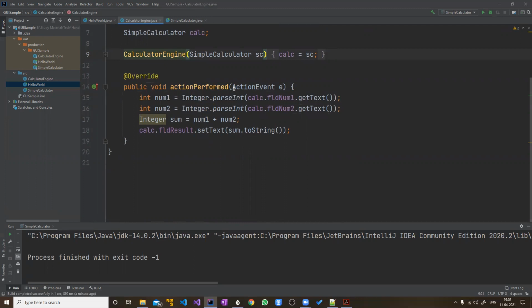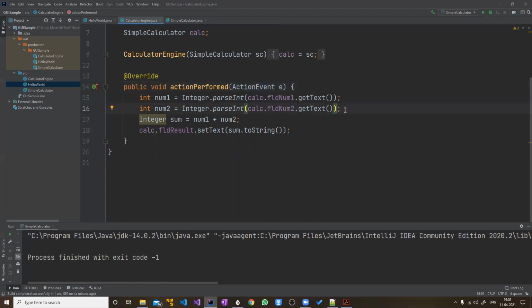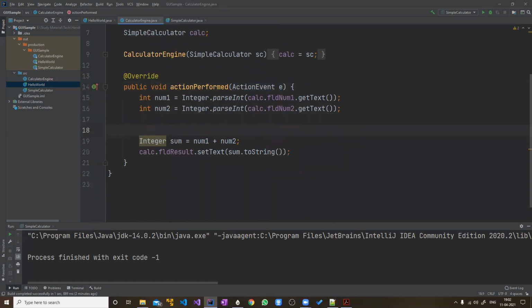Actually, this thing which you have not yet asked, what is the purpose of this? As you can see here, it is the event object. Everything which you can think of will be an object. That is what object oriented programming is. So that event is also an object. So when you come here, irrespective of whether it is sum or difference, you will have number one and number two. So you got that.